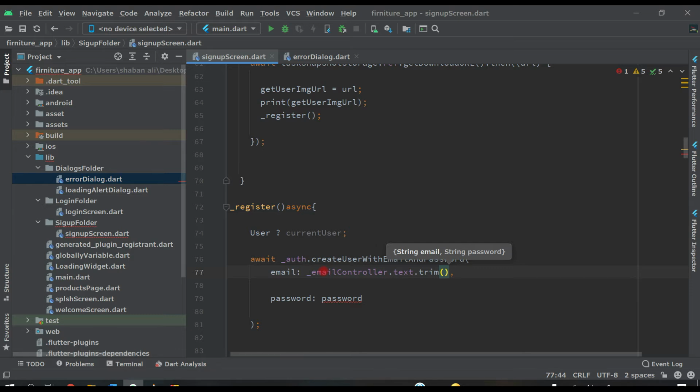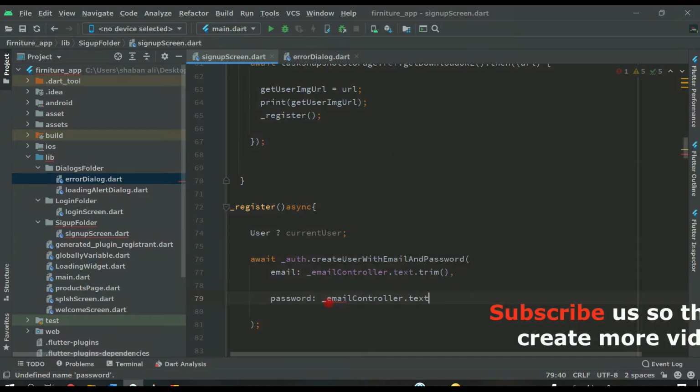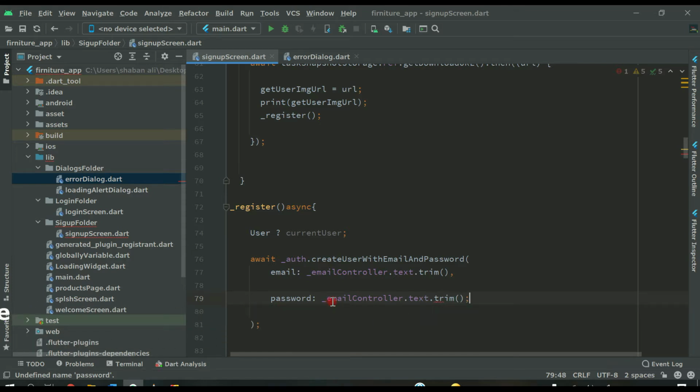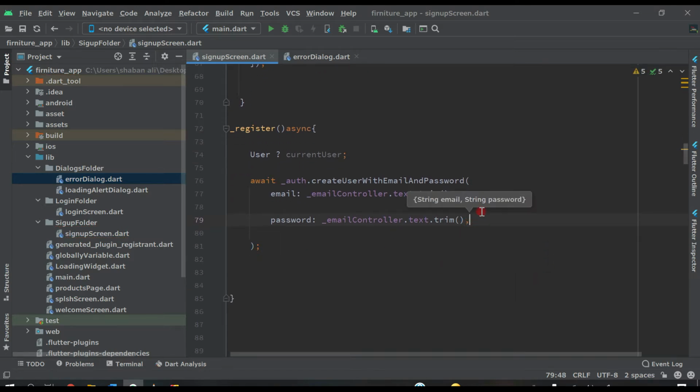So trim is for that. Now come here in the password: _passwordController.text.trim, like this.